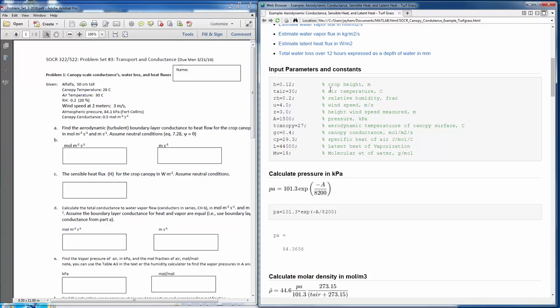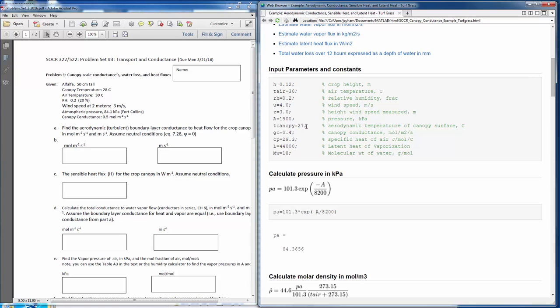I've got crop height, in this case a grass that's 12 centimeters tall, air temperature, relative humidity, wind speed, the height of the wind speed measurement, the altitude, it's a typo right there, it shouldn't be the pressure, it should be the altitude in meters,